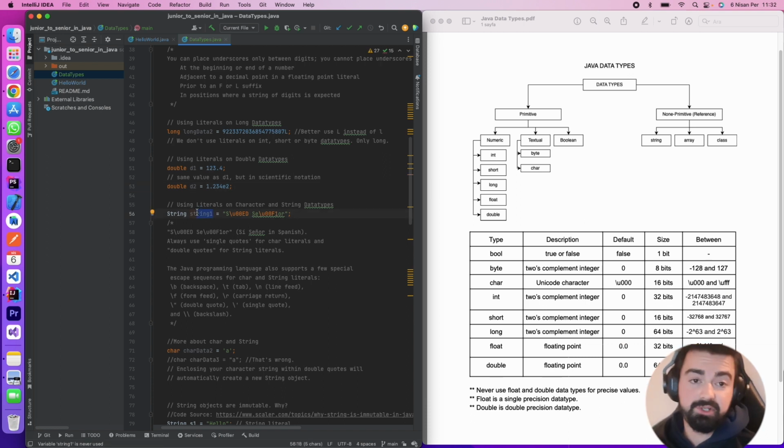If you're creating a string object, here you can add in that string characters like these. So this is a character, this is a character, and this is another character. Here I'm showing the thing, and it's coming from the Oracle documents also. It says sí señor in Spanish, but always use single quotes for character literals and double quotes for string literals,